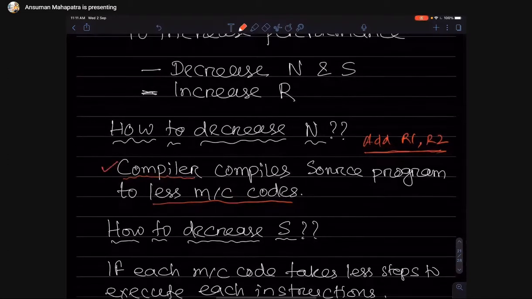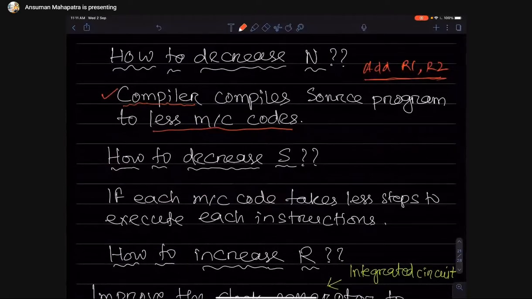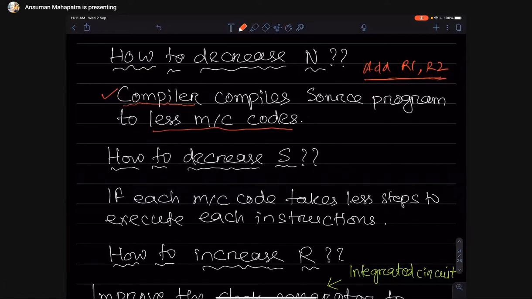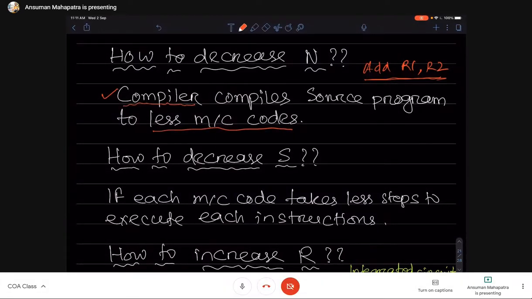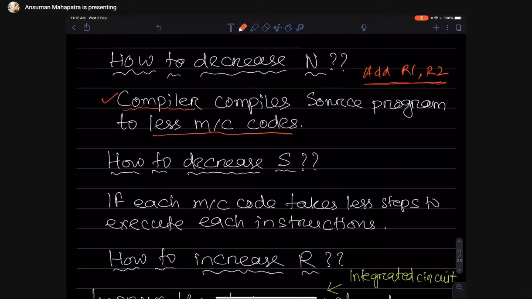There are lots of methods available in the literature on how to improve the compiler so that it generates fewer machine codes. That we will read in Advanced Computer Architecture, which is an elective subject next year, in third year. If you take the elective subject, we can see how to optimize the compiler so that it can generate fewer machine codes. So that is one factor reduced; your n is reduced now.